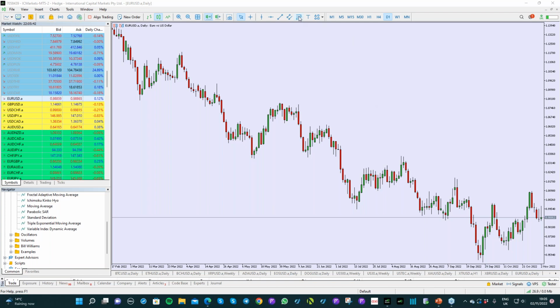So I'm going to come up here. This is the Fibonacci tool here. It actually tells you that this is the Fibonacci retracement tool. Now, I actually do use it for retracements and extensions, and I'll show you how I've set that up. So first of all, I'm going to click onto that, and then the most important thing about Fibonacci is how